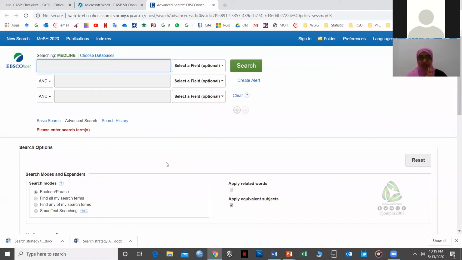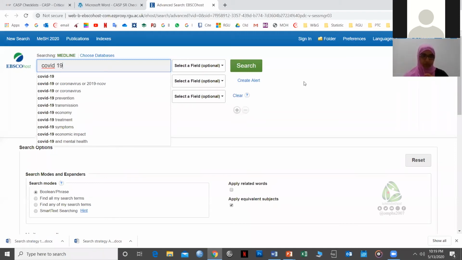Say if you are searching in Medline, can you see up there, MeSH 2020? What does that mean? It has been updated in 2020 and you can find your MeSH terms here. Because of the time, I cannot go into each detail. I will just show you a simple example. Say we search